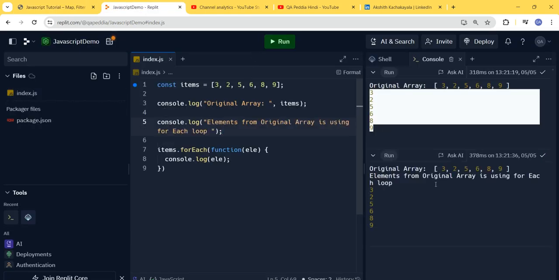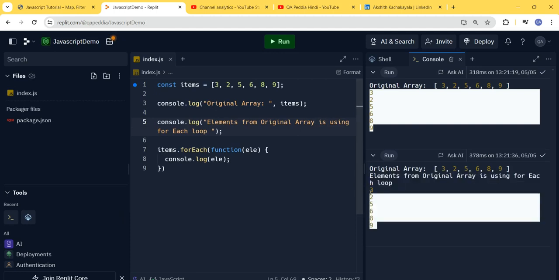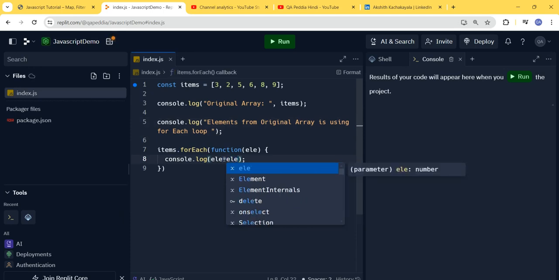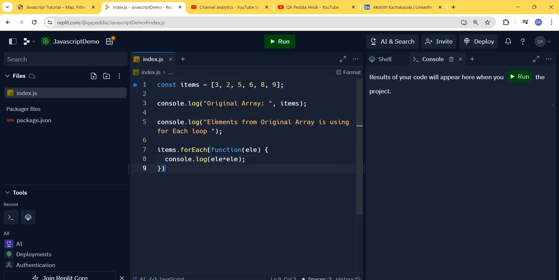Now if you want we can run it. So elements from the original array are accessed using a forEach loop and then all these elements will be printed. So if I want, I can print the square of these elements also. I'll just write ele into ele and I'll write here: square of all the elements,